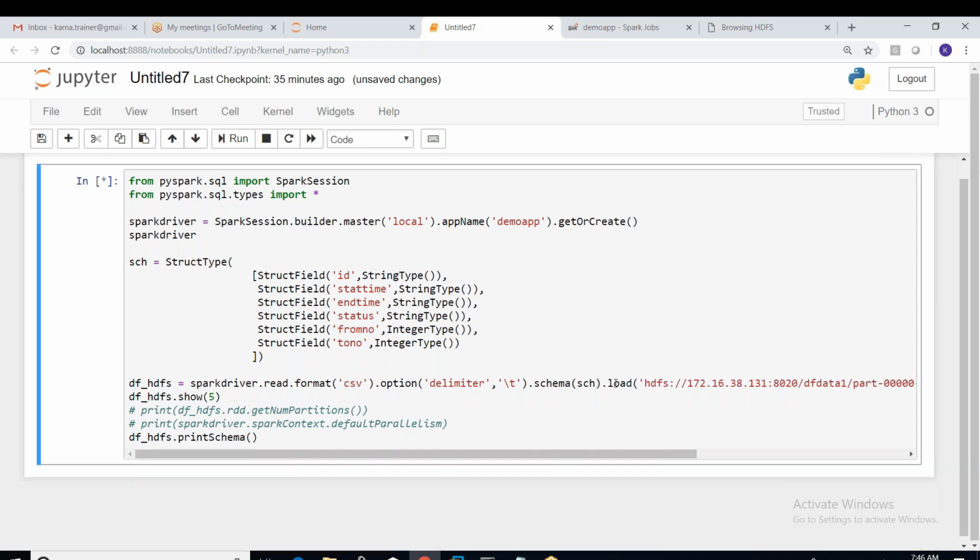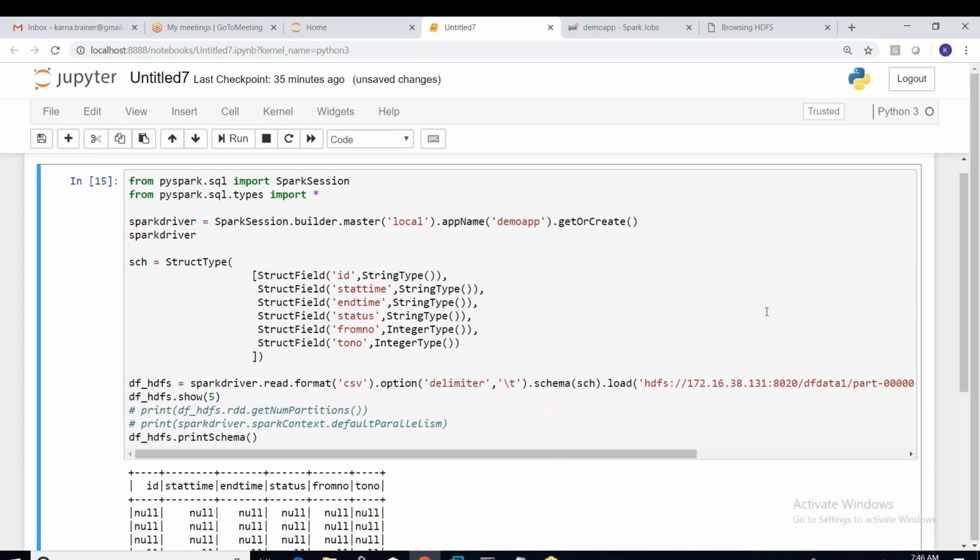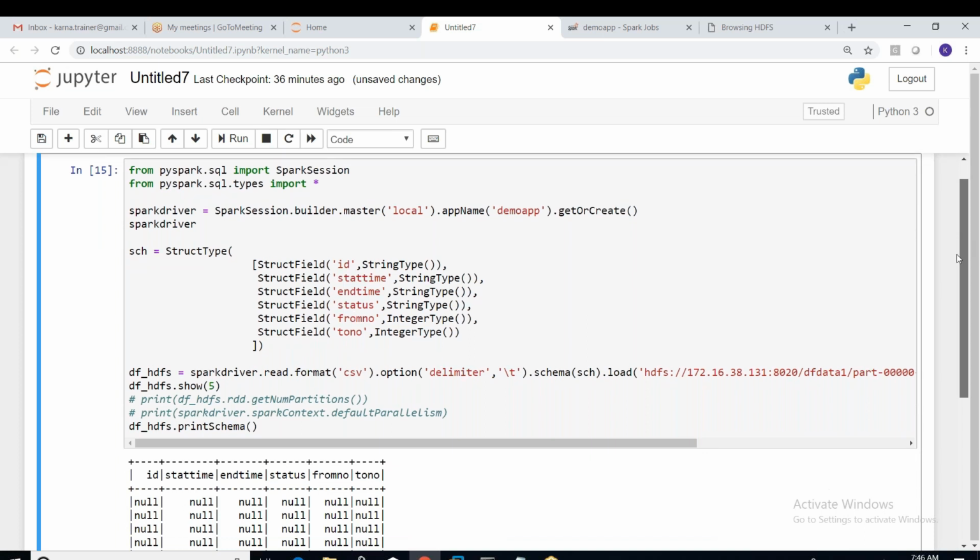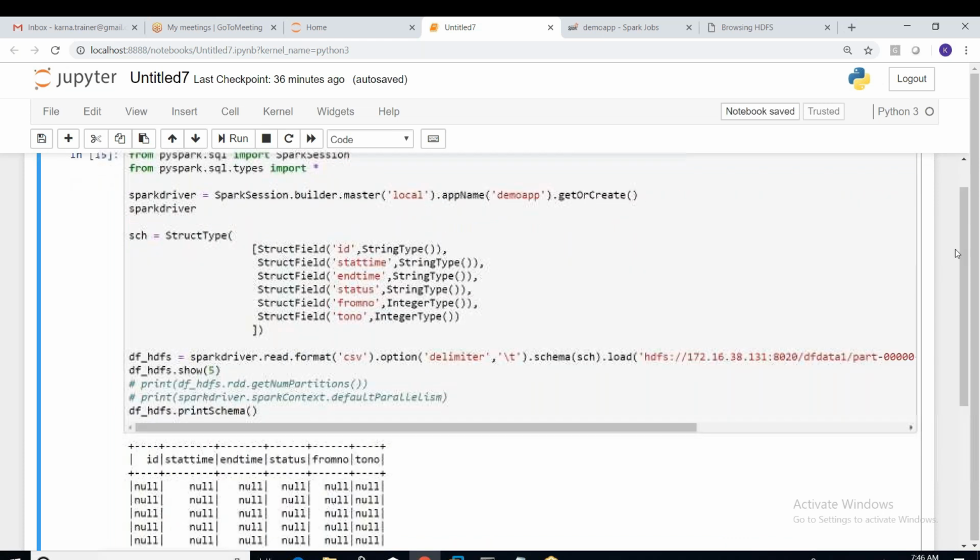How come we got only nulls here? All nulls. StructType, StructType, StructType. Schema sch. So we got the schema fine, but what about the data? Should sch be in single quotes?